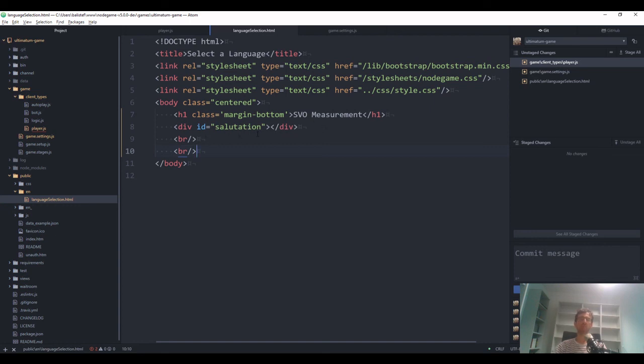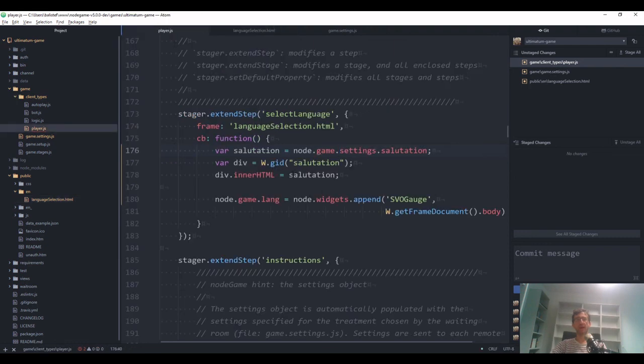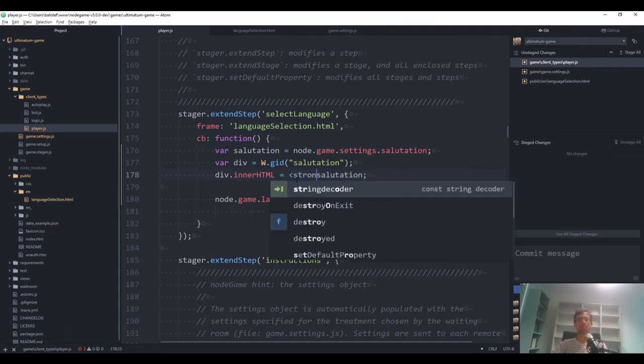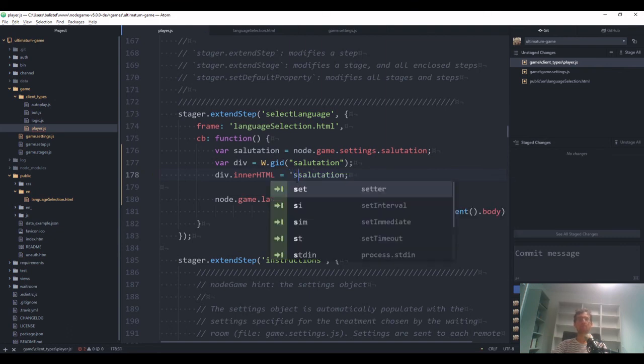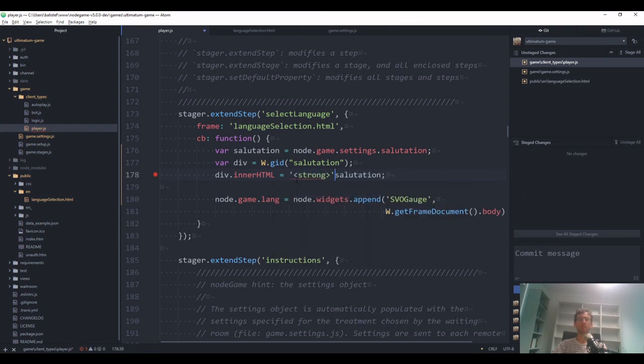We will not look into CSS styling in this video, so we just do the simple way with a break statement here, and by combining some HTML tag here. The strong tag will make it bold,